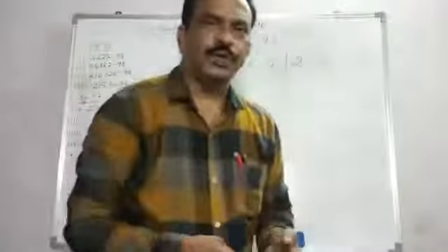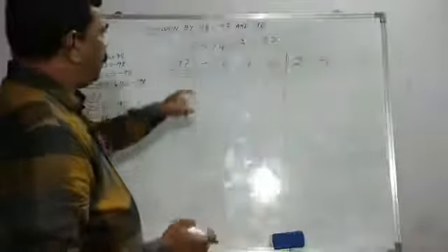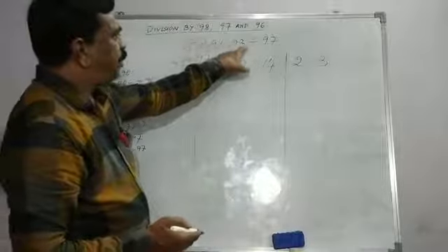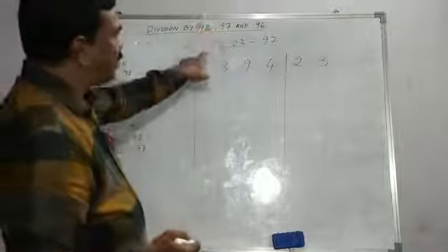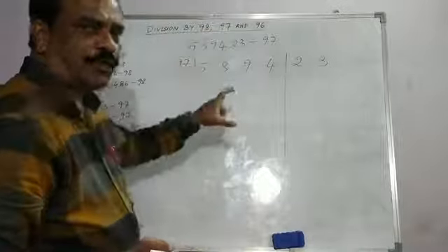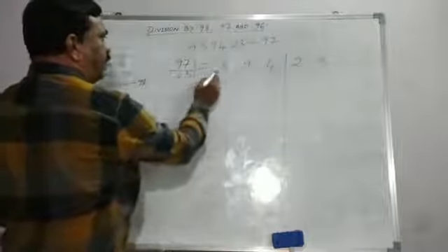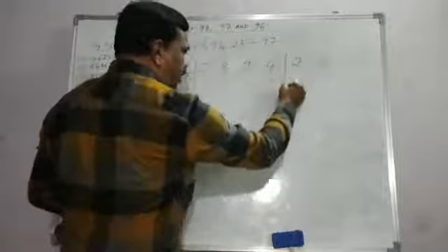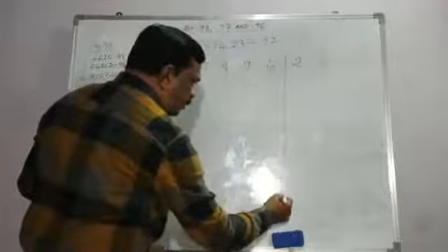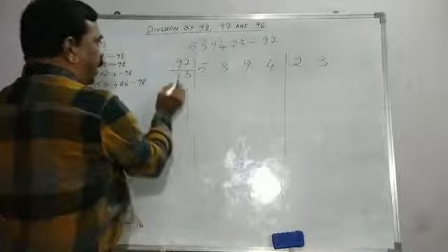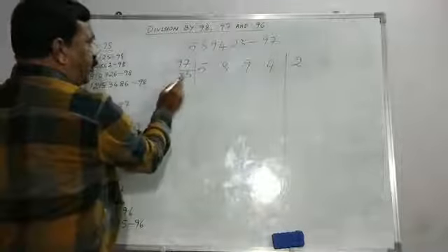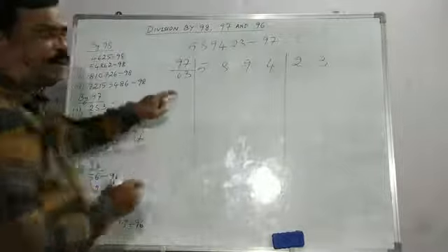Now let us do one more example. 589423 divided by 97. We are taking a 6-digit number. Now see how fast we can finish this division. I have written the number 589423. The last 2 digits are marked for the remainder part. And here 97, under it 0 3. This 3 is our multiplier.